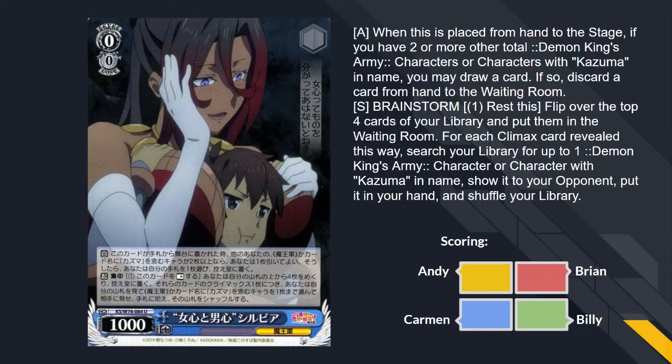When you have 2 or more other characters, you can just order it so that you draw it or you don't. It makes the other copies of your Brainstorm not dead, which I like. Obviously, you can only run it in that deck, so it's like a C+. I can't give a Brainstorm anything better because it's so restrictive. I can give this one the C+. The fact that it only works in this deck, otherwise it would be a great Brainstorm. It's a great Brainstorm for this deck, extremely, but otherwise...